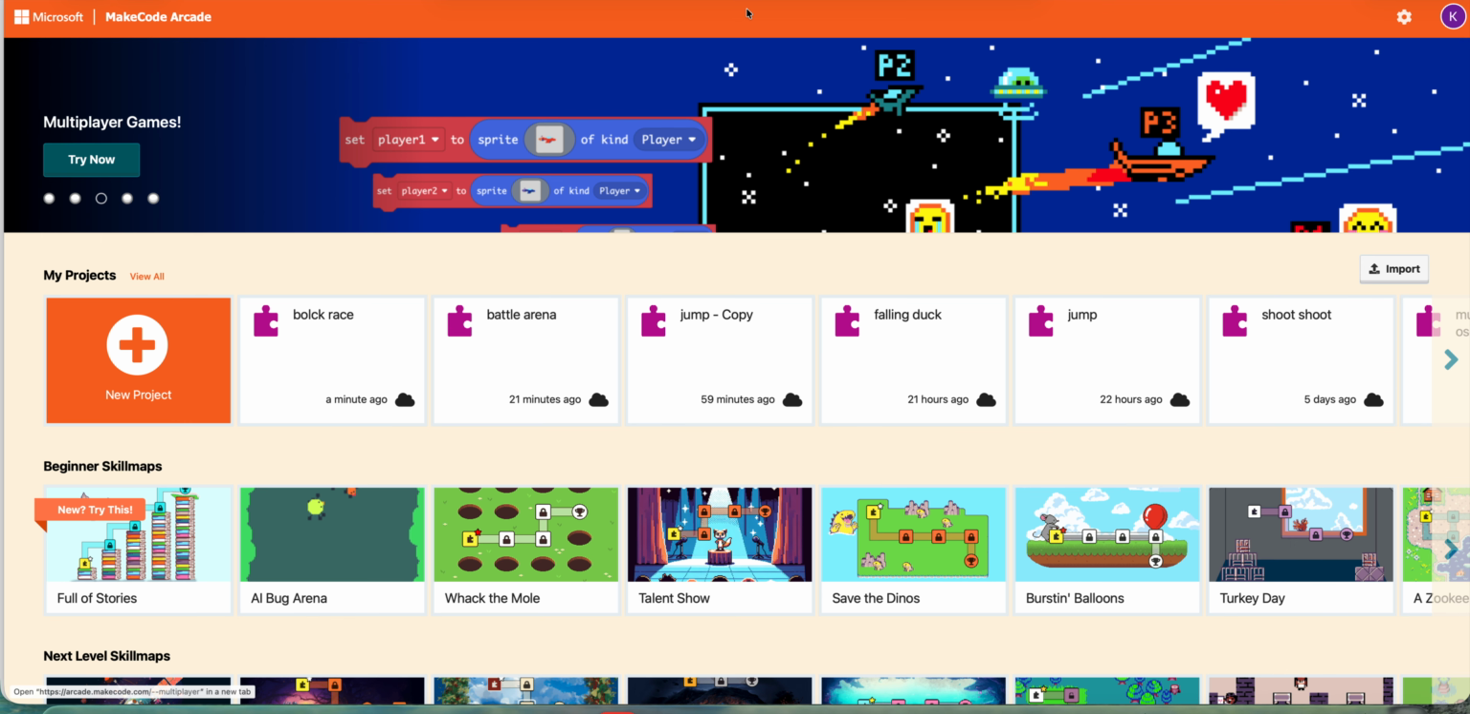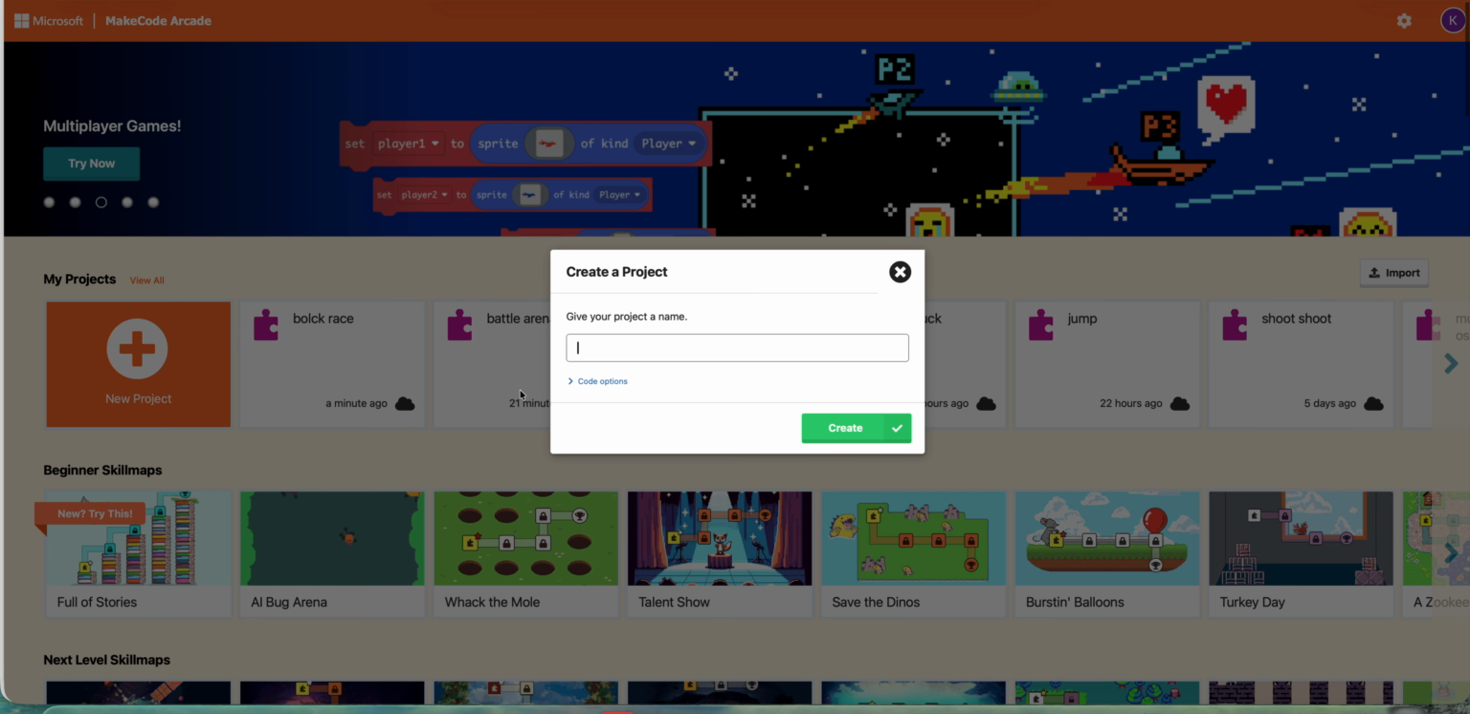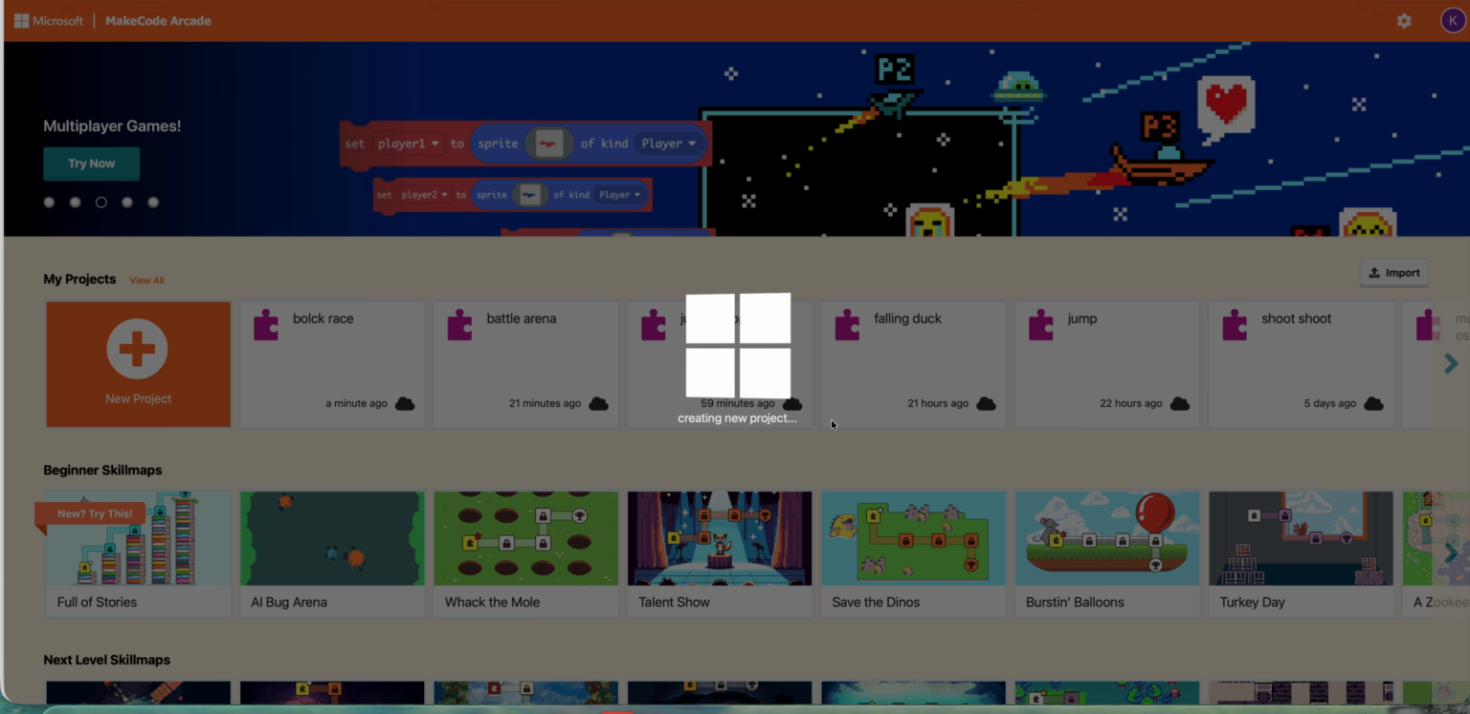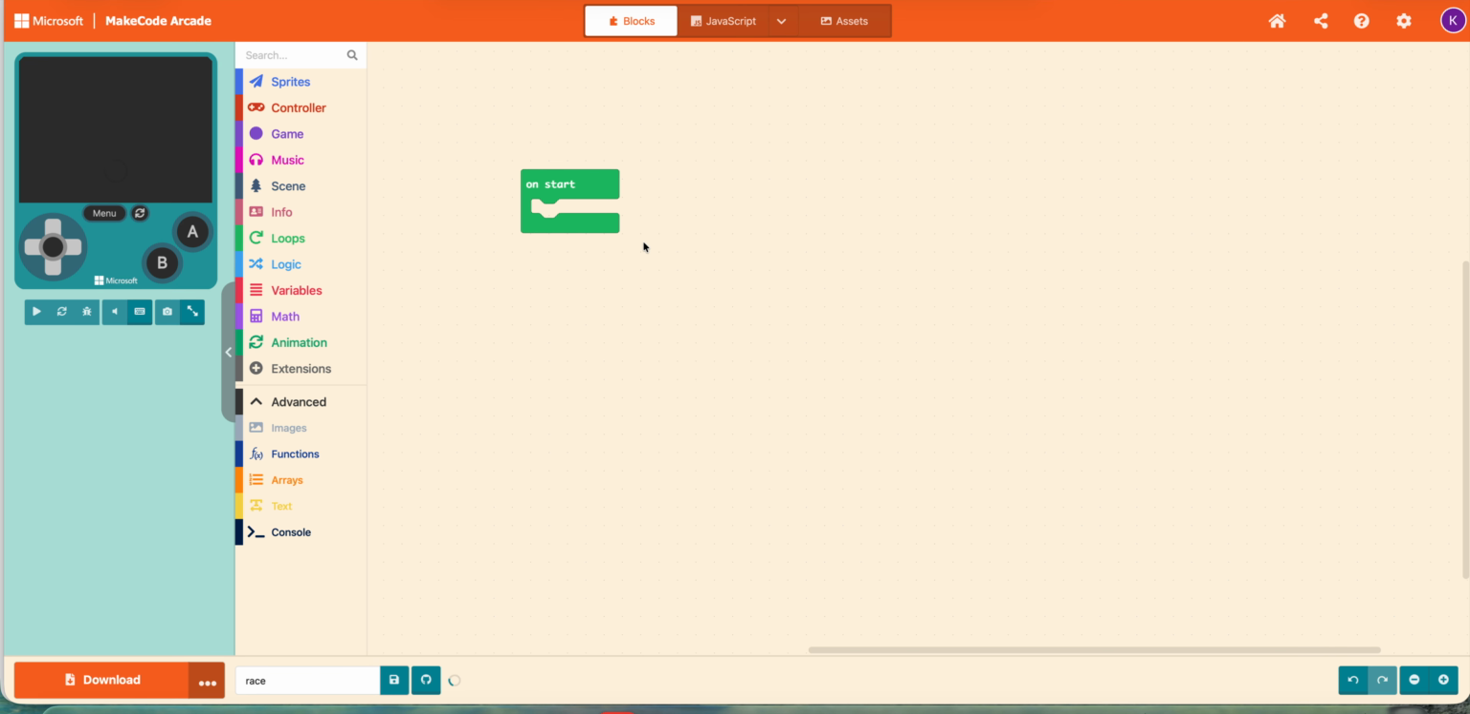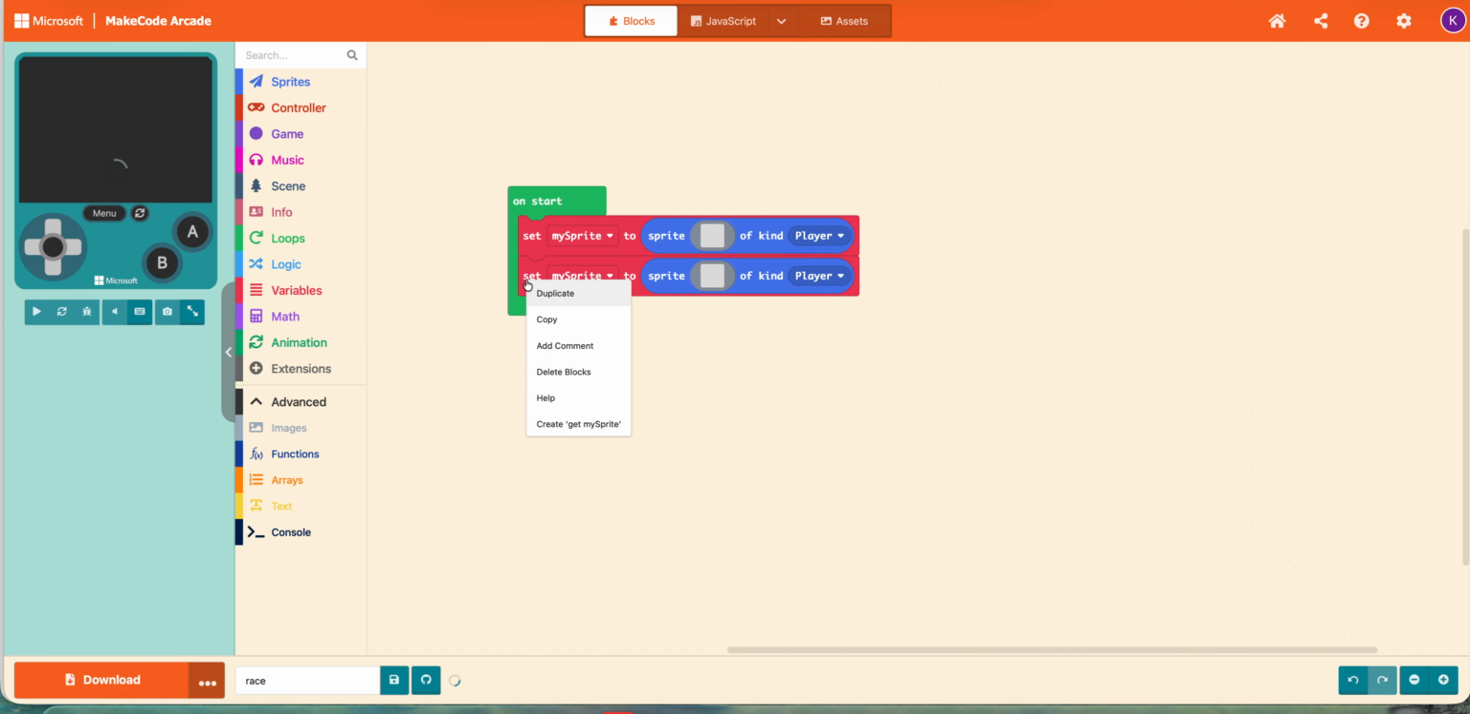Okay, so let me see how to code. Let's just name it race. We're going to be making simple characters. It's going to be a really simple project. It's not going to be too long. It's not going to be too short. Okay, first you just duplicate